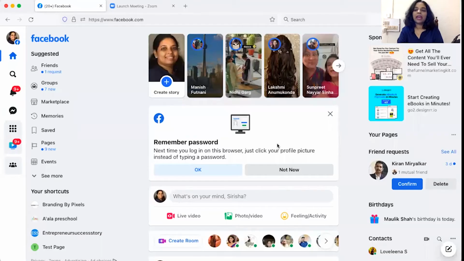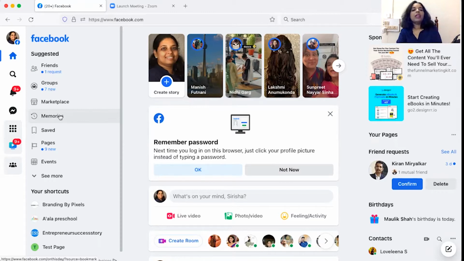Okay, so I am currently sharing my Facebook UI. So as soon as you log in, you get into the home feed. Now, depending on your interests, you would be getting different kinds of content on your home feed. But directly, let us get into the ad space. Now, how do you get into the ad space? Most of the people